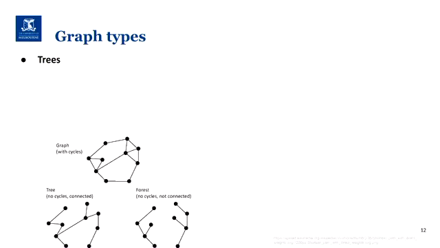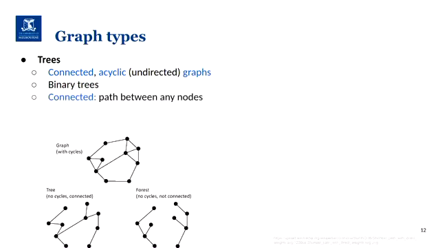And we do have other types of graphs that are quite important as well. The other type is a tree. So a tree is basically a connected, acyclic, undirected graph. Okay? And we do have different types of trees. A very important one is a binary tree, which only allows each node to have up to degree 3 if it's undirected. And we say that a given graph is connected if there is a path between any pair of nodes, okay?